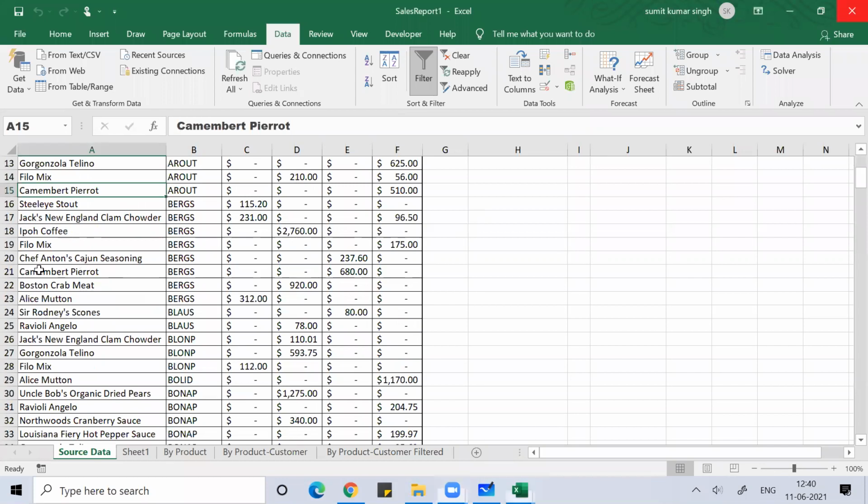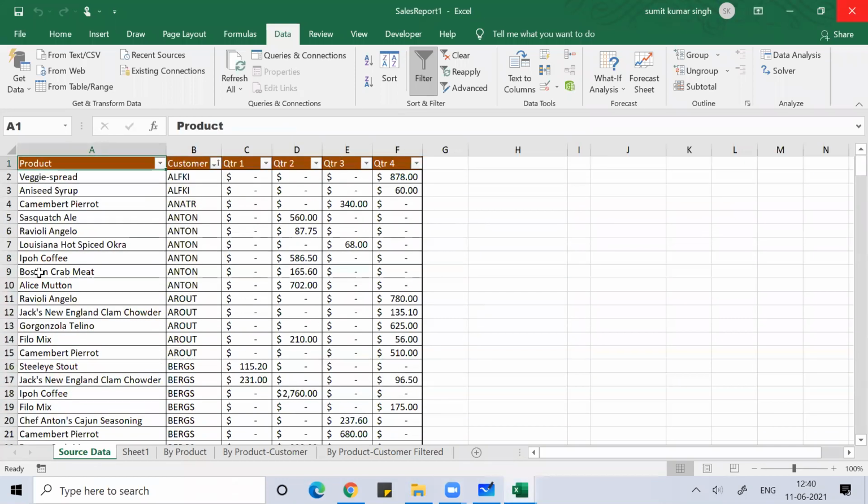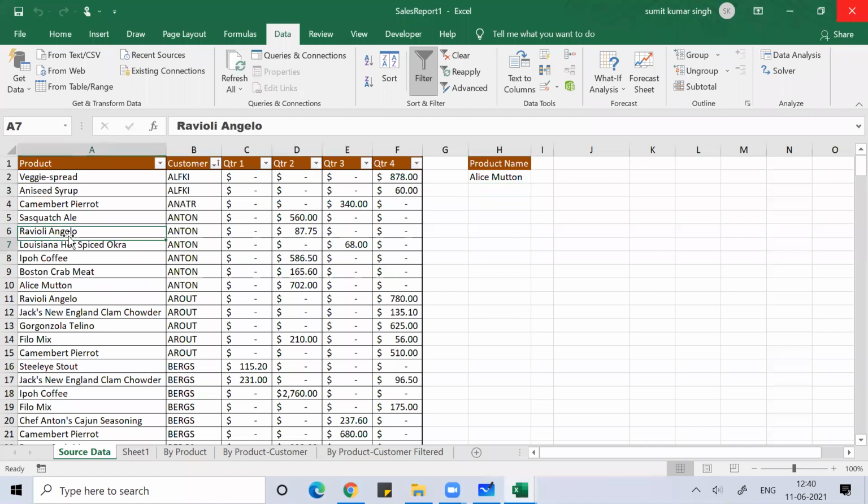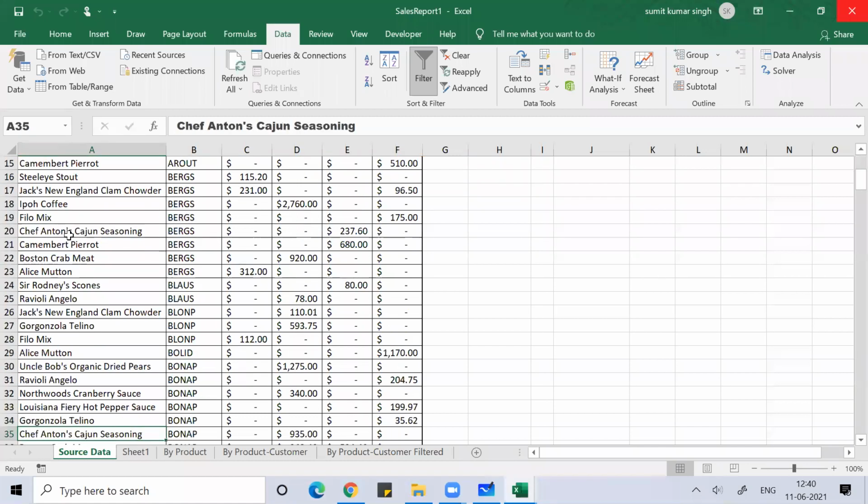Now here, suppose I wrote a product name called Alice Mutton. The data here is customer wise, and wherever Alice Mutton is there, I want it highlighted.